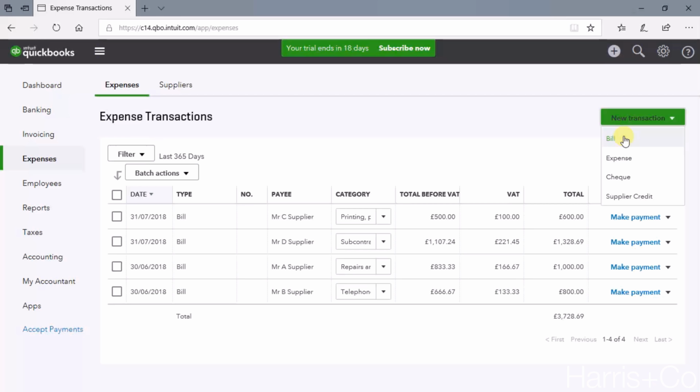we're then presented with a few options, and the one that we're interested in for this video is a bill. So think of a bill as a purchase invoice that you would receive from your supplier. They've asked for payment, there might be credit terms on there, or they might be demanding the payment straight away, but the bill is the one that we're interested in for the purpose of this video. So if we click on bill,